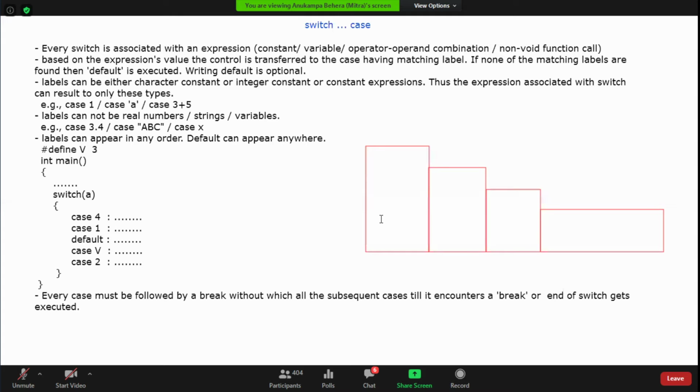Now for the person who has come first, 1 is written here, 2 is written here, they are play school students, 2.5 year kids, then 3, and here a C is written.